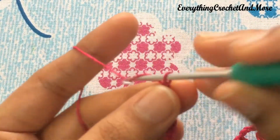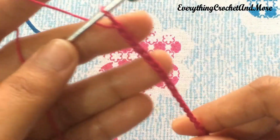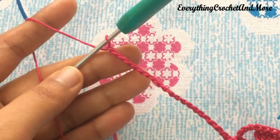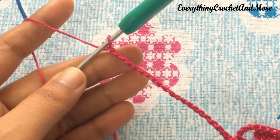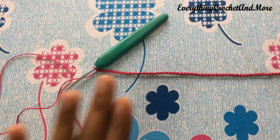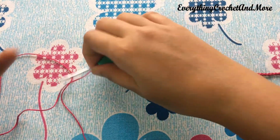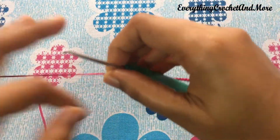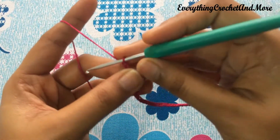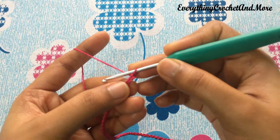18, 19 and 20. 20 chain stitches done, 60 more to go. So let's finish making the remaining 60 chain stitches. So the remaining 60 chain stitches are done. Now let's begin with our single crochet row. Now for that, I'll begin with the chain stitch like so, and then put your hook in the second stitch